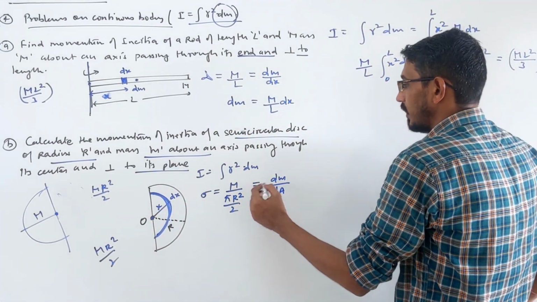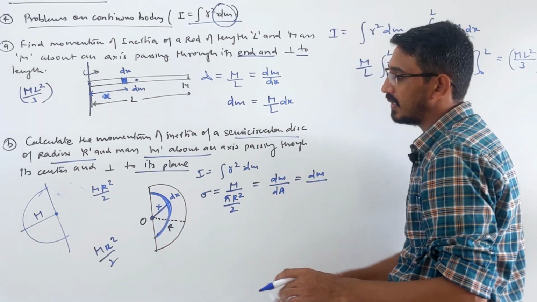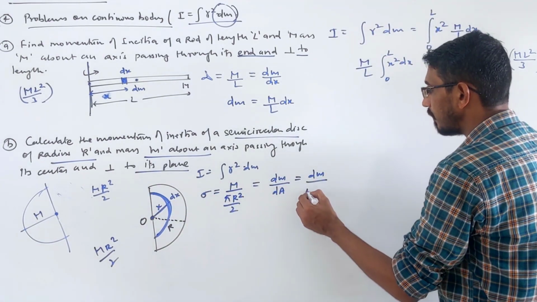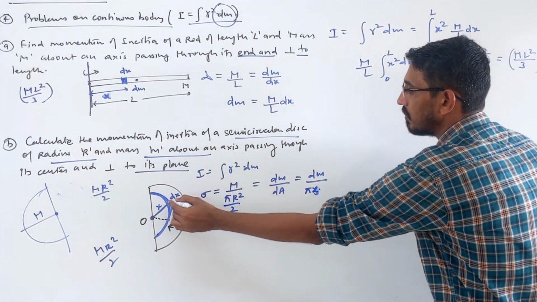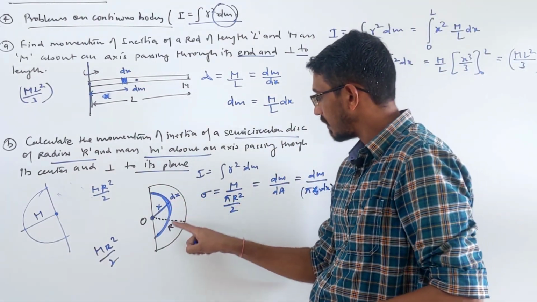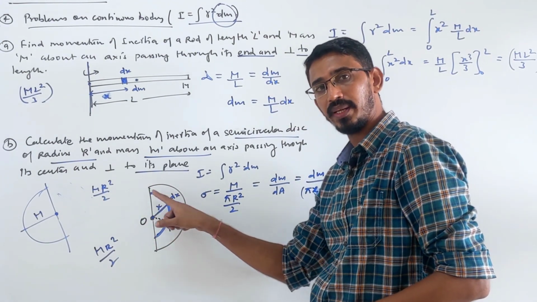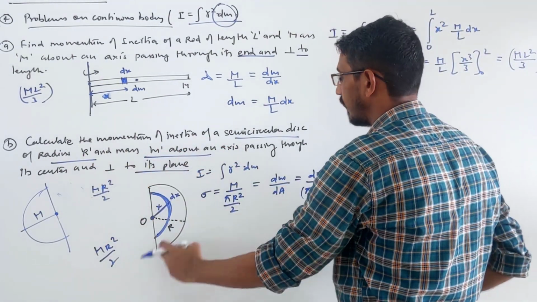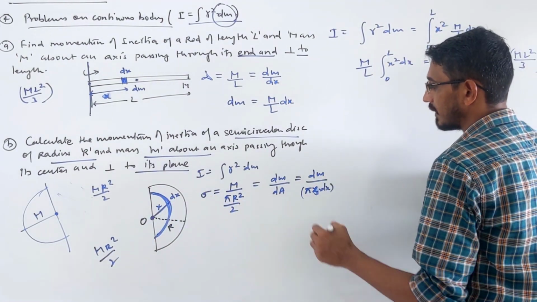Now, what will be dm and what will be the area? The length of this strip will be pi into r. Pi r here is a general distance, so we are calling it x: pi into x, and the thickness of this strip is dx. So this is the area of that thin strip. I draw a line like here. The length will be pi r, because the total length of a circle is 2 pi r, and it's a half only. So pi r, with radius called x, into thickness dx, is the area.